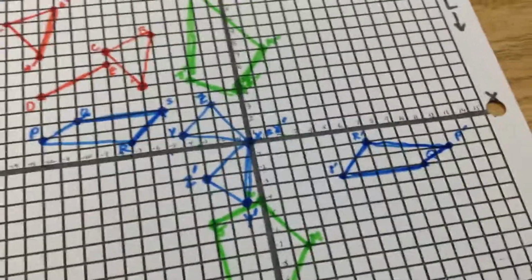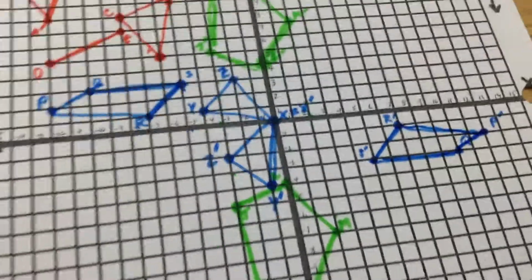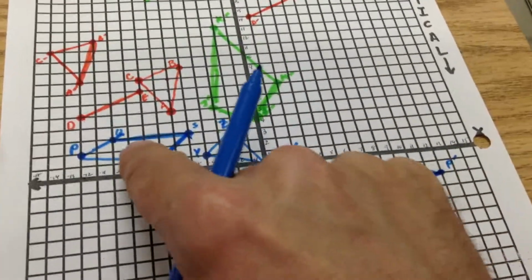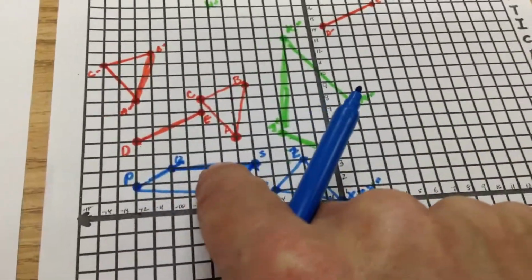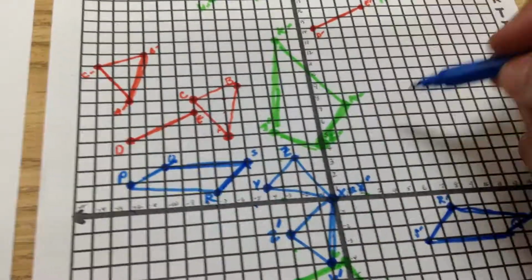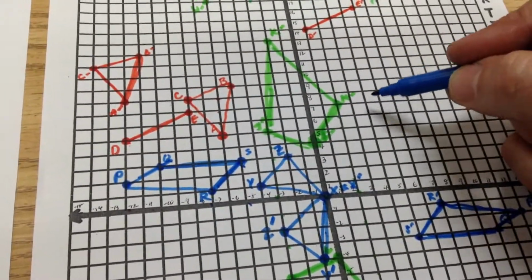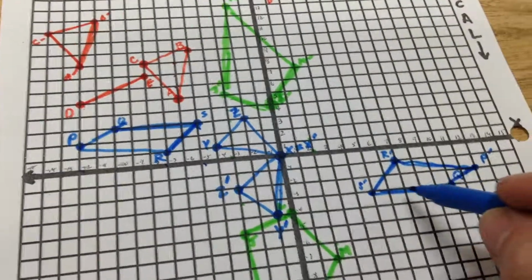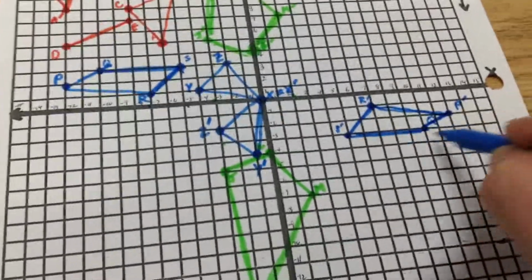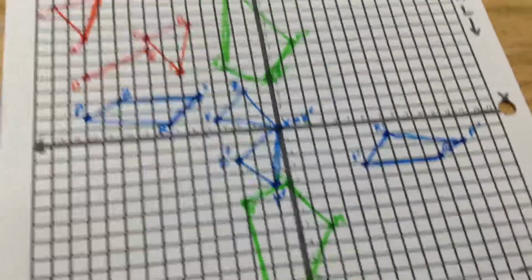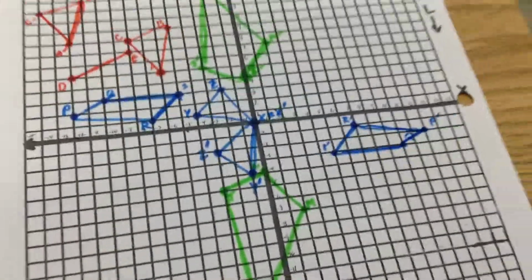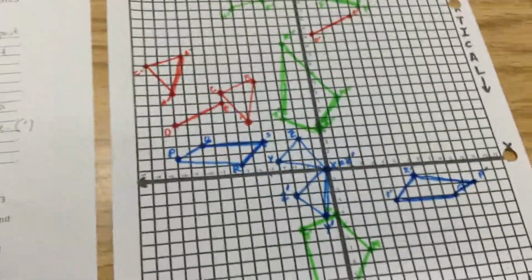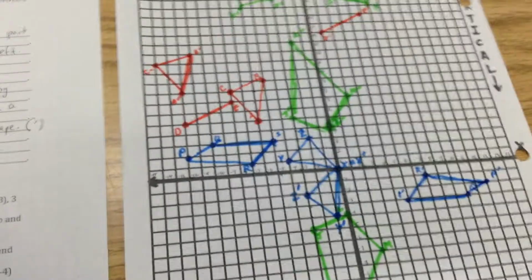Okay. And if you look, when I rotated it, we're going to focus on this line right here. When I rotated it this way, that line would have been over here. And when I rotated that one that way, that flat line is right here. So that makes it look like I actually rotated it. All right, again, those are the more difficult ones, and those will probably take more practice, but we'll get that